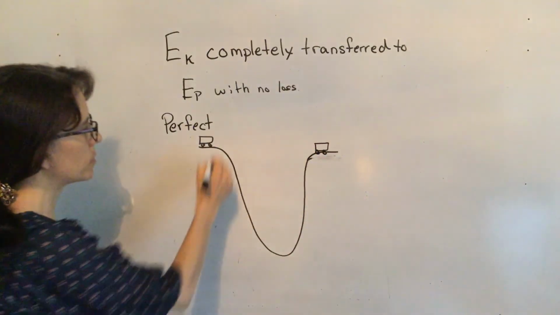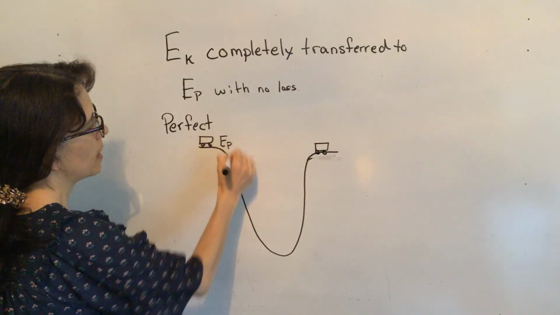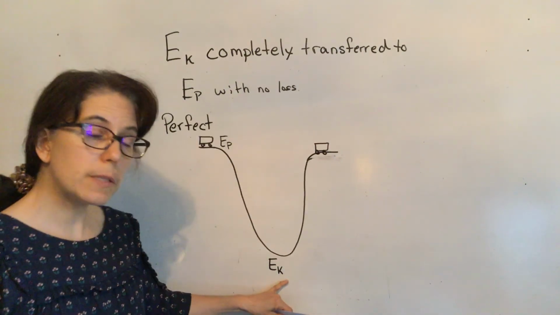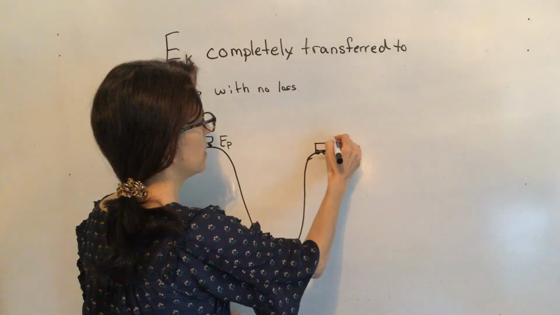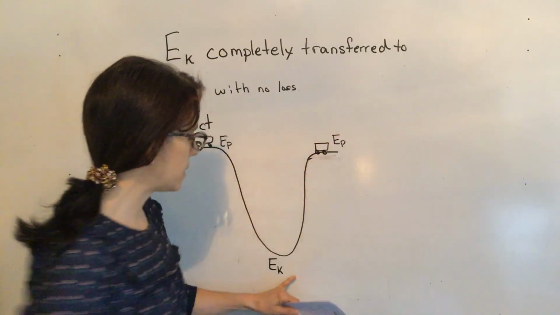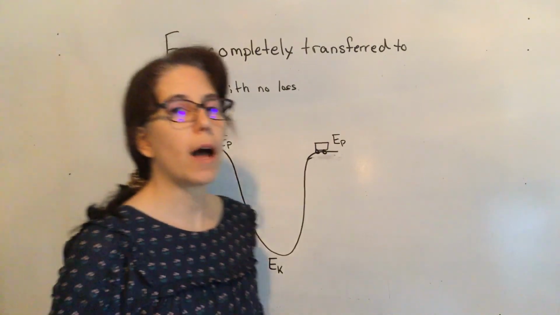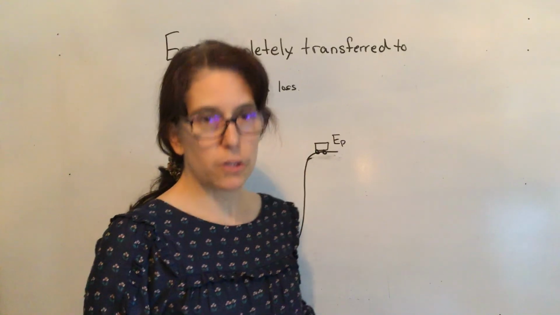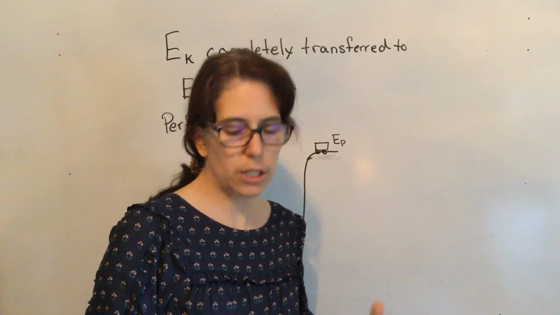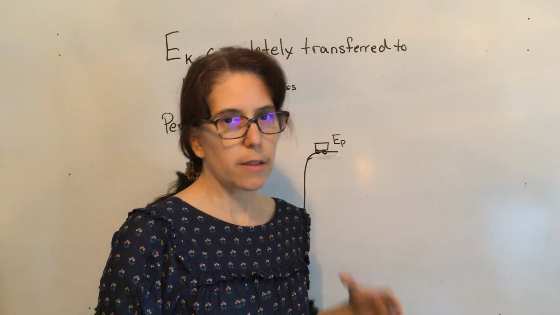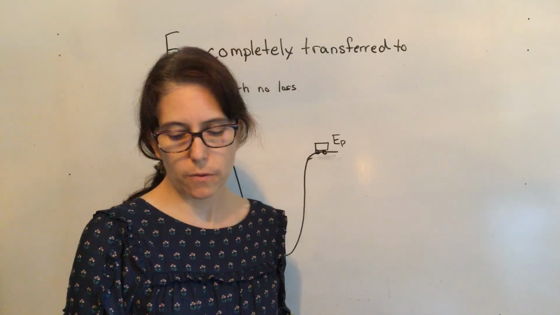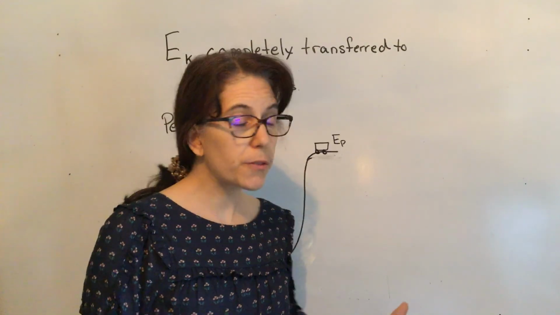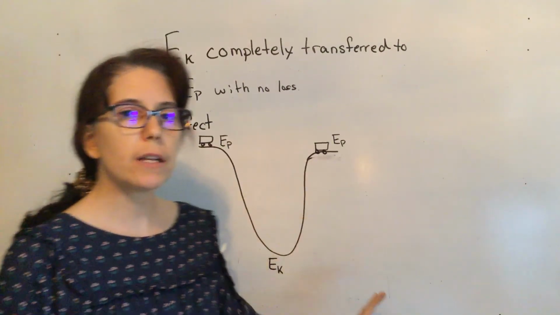My perfect roller coaster has this potential energy completely transferred to kinetic energy, with enough speed to get right back up to the same height, to the same potential. There's no loss in friction. There's no rubbing of the wheels. There's no loss in sound. You don't hear the screechy metal scraping. You don't hear the clicking as you're going across the seams of the roller coaster. The wheels and the rails don't get hot from the friction, so you have this perfect never-ending roller coaster that